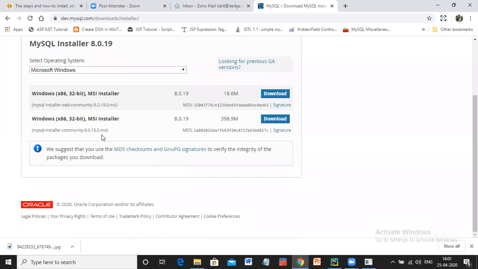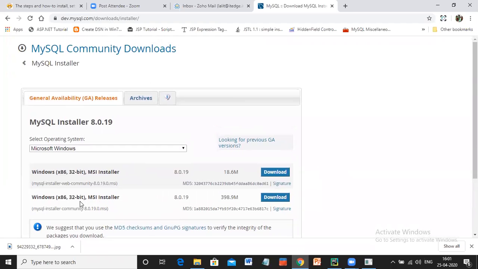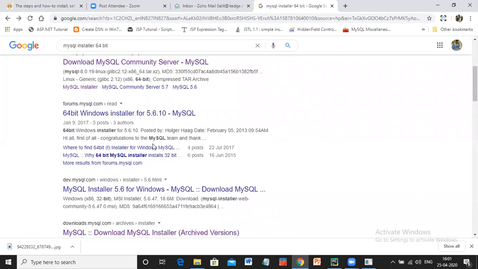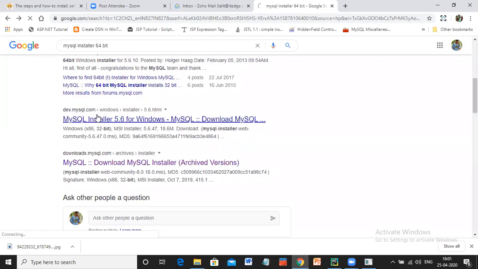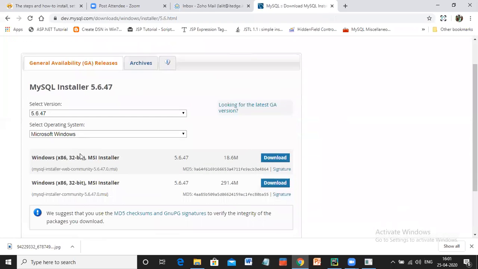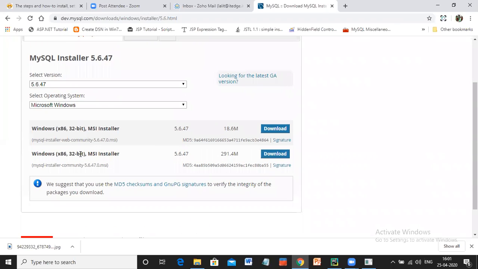It is giving me the same thing, I have the 32-bit version only. If I google MySQL 64-bit, it comes up. But should I download the 64-bit or the 32-bit?